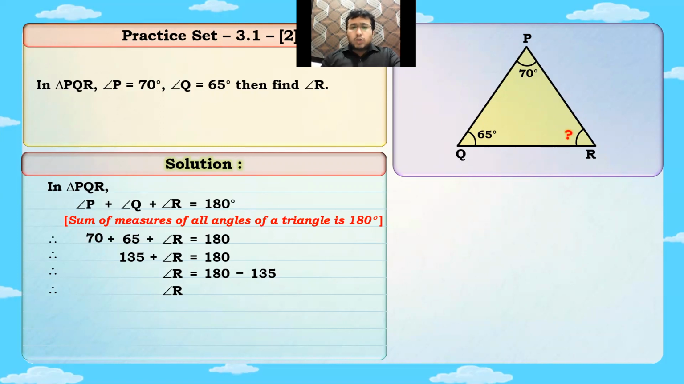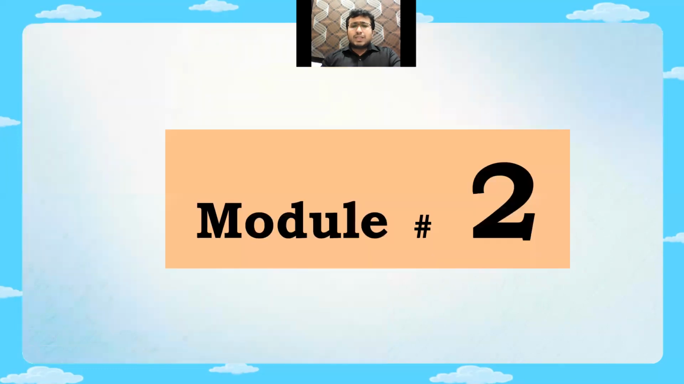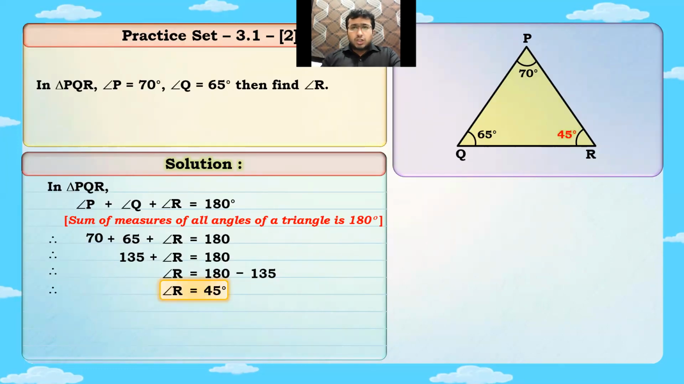Angle R is equal to 180 minus 135. 180 minus 135 will give you, students? Yes, it will give you 45 degree. We always write the final answer in the box. So we have to write measure angle R is equal to 45 degree, and the final answer will be written